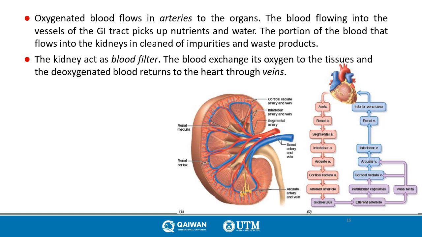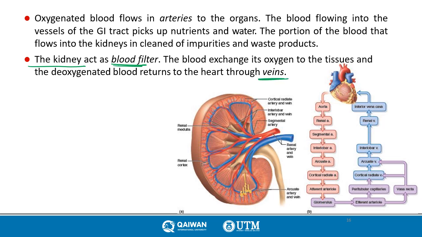The portion of the blood that flows into the kidneys is cleaned of impurities and waste products. So the kidneys act as the blood filter. It filters the blood from the waste products and helps to maintain the balance of the minerals inside the human body. The blood exchanges its oxygen to the tissues and